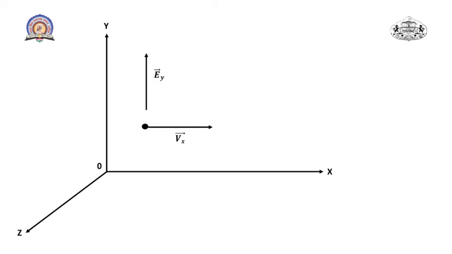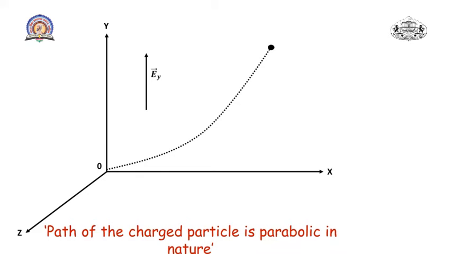When charged particle q moves along the x direction with uniform velocity and just enters the electric field, the force experienced by the charged particle is in the upward direction. So the velocity of the charged particle along the vertical direction changes with respect to time, and that is why we can say there is acceleration along the y-axis, and the path followed by the charged particle is parabolic in nature. So this is the effect of the electric field in the direction perpendicular to the motion of the charged particle. This is all about the effect of the electric field on the motion of the charged particle.